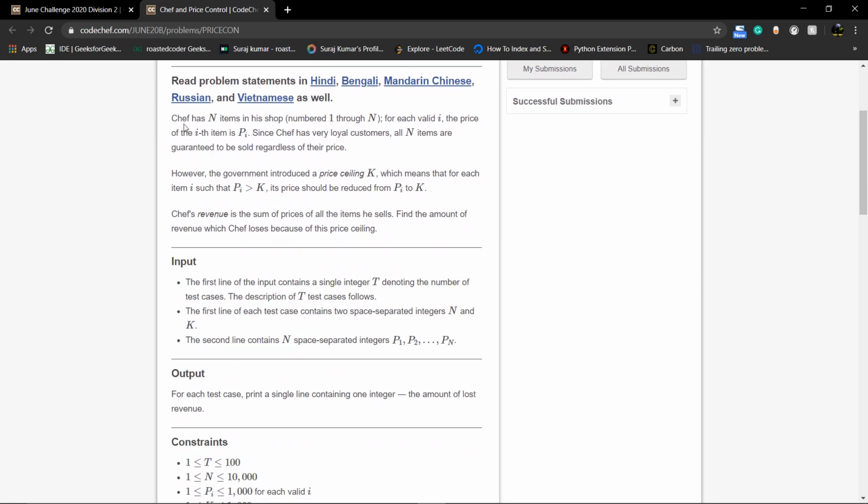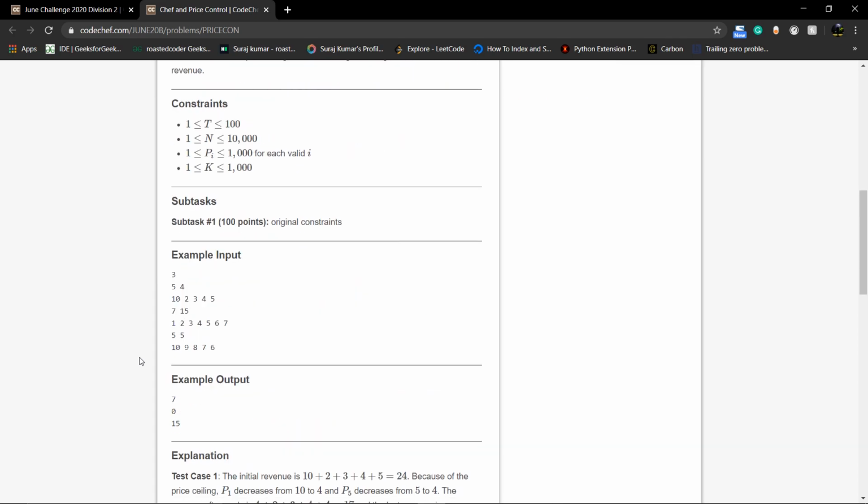What the problem states is that a chef has n items in his shop numbered 1 to n. For each i, that is the index of items, you are given the price of items, that is 10, 2, 3, 4 and 5, and for each test case there is a value k, and this is the sell price of any item.